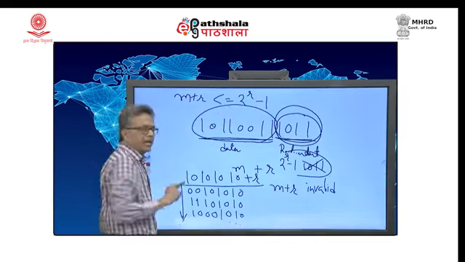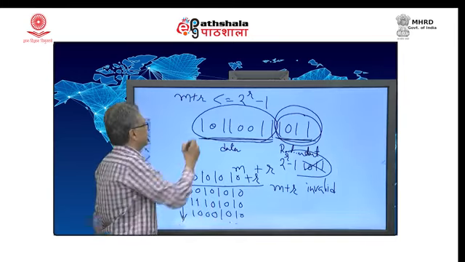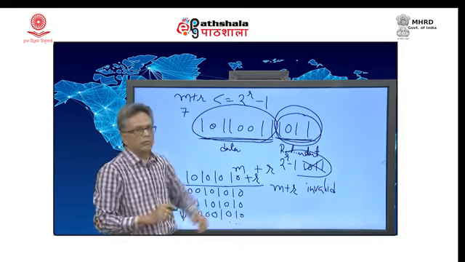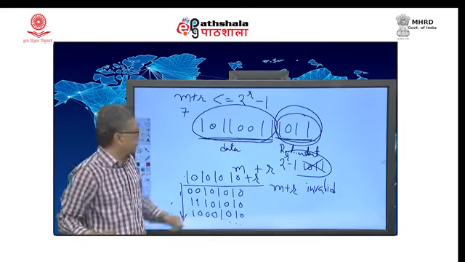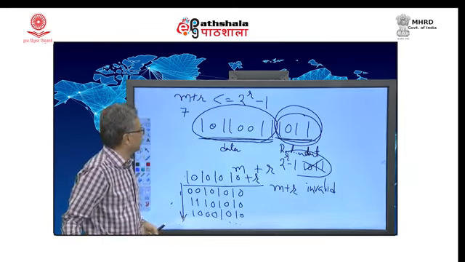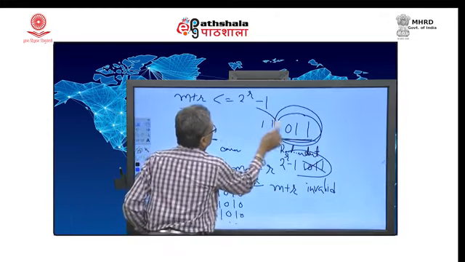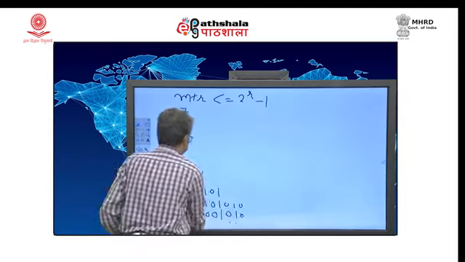So, I must get this value of r, I know what is m. Suppose I say that I am sending an ASCII number, an ASCII number has 7 bits. So, for a 7-bit ASCII value, what I want is the value of r, the minimum value of r I want. Suppose I take the value of r as 3, what is the outcome? Let us try to see.